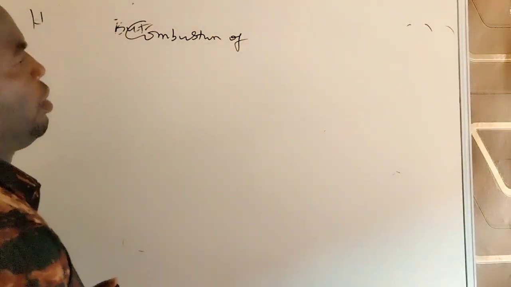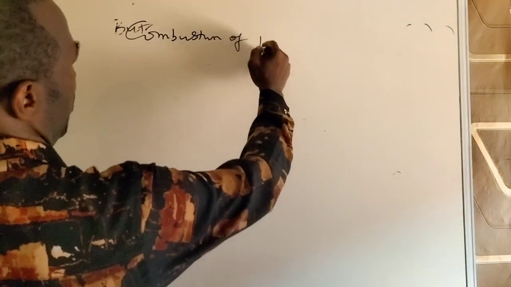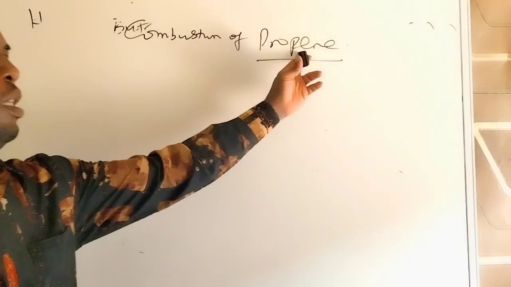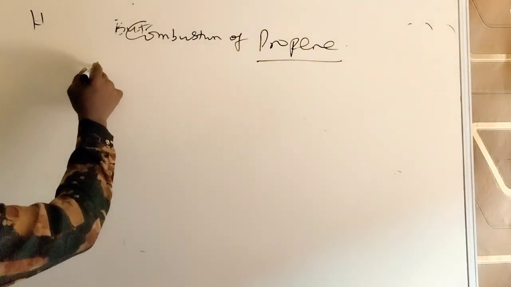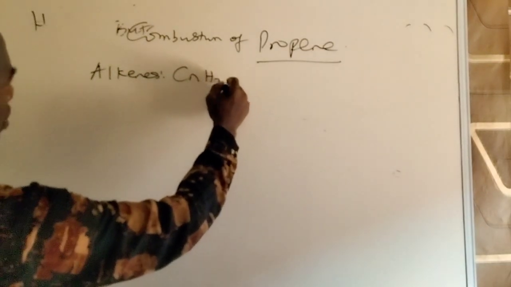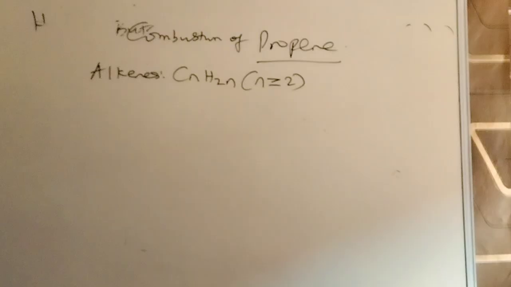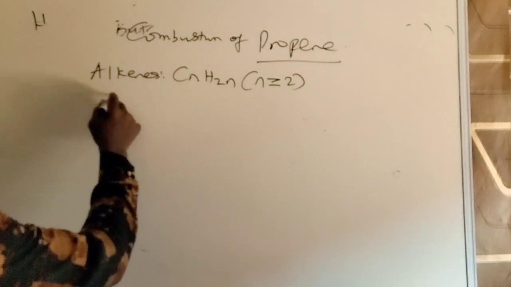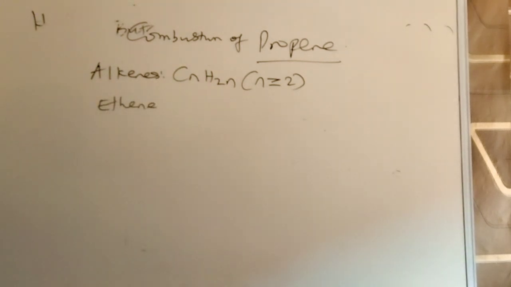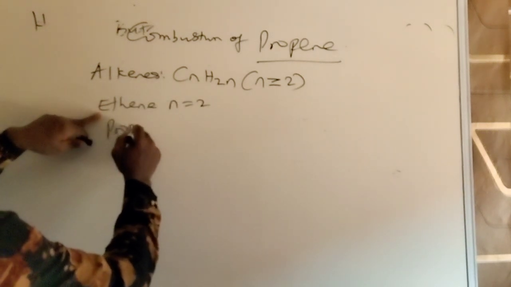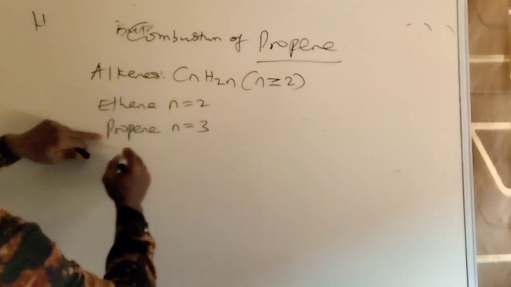So having done that, what if I use another hydrocarbon? What if I use the combustion of, let me say, propene. Propene ends with E, which means an alkene. Alkenes have the formula CnH2n. For alkenes, n starts from 2, not 1. So the first alkene is called ethene. Alkene has nothing like a methane member. Ethene, n is 2. Propene, corresponding to propane, n is 3. Butene,